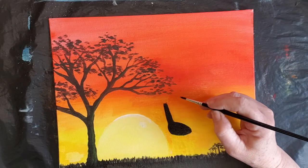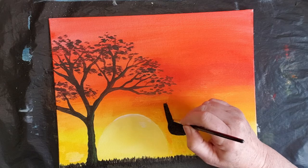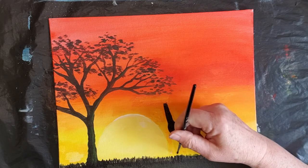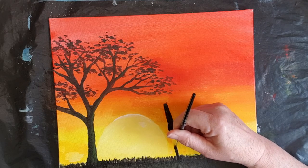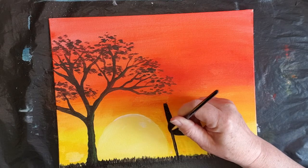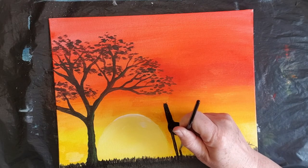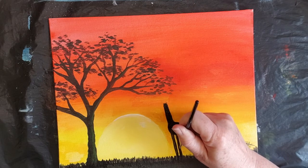Right, now we're going to do the front legs. And the front legs are about the same length as the neck. And I'm going to do them so he's balanced. I'm going to do them almost at the same angle and coming up from the ground, join them to the body like that. Thin line, one thin leg, and then the next one right next door to that one. Two legs close together, two thin legs,